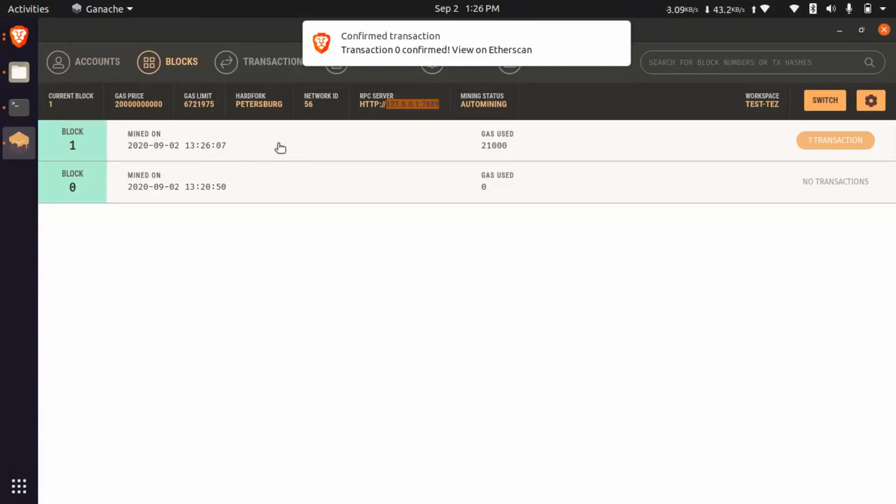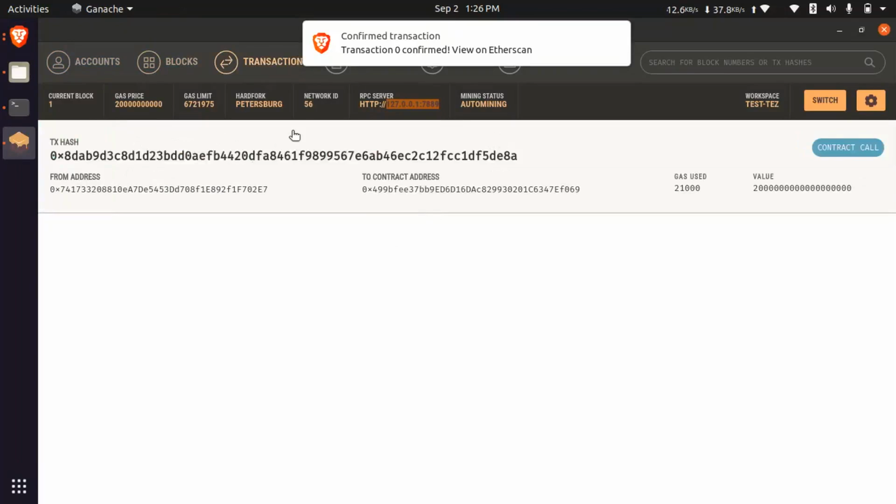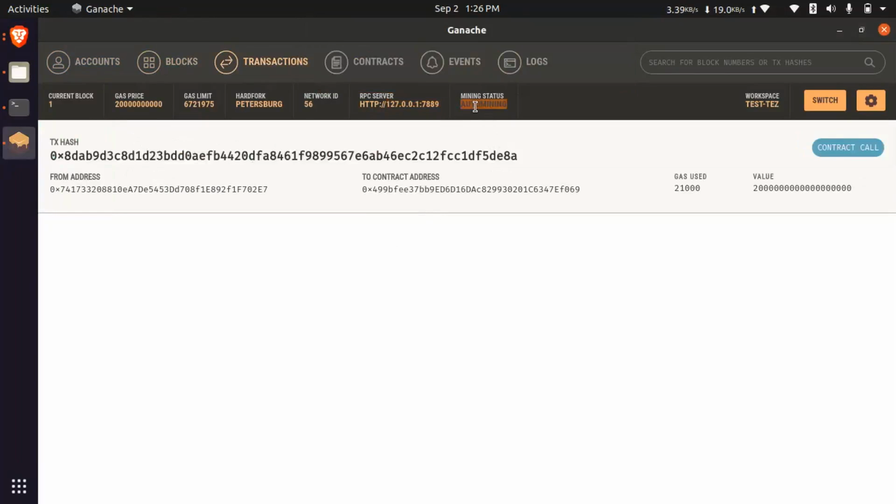You can see the block and the transaction also. As of now, we are running auto mining. Ganache will do the mining also. This is for development purposes, not for production.